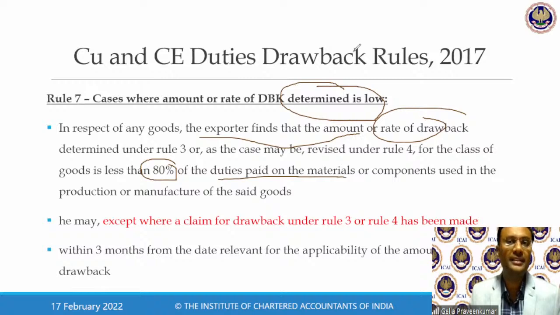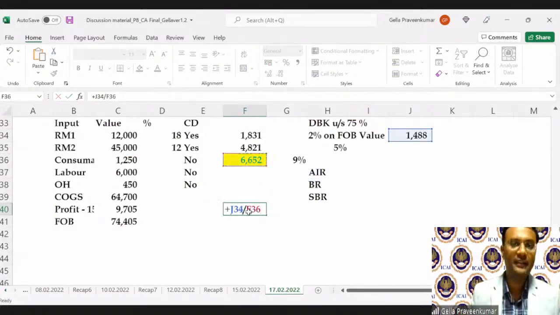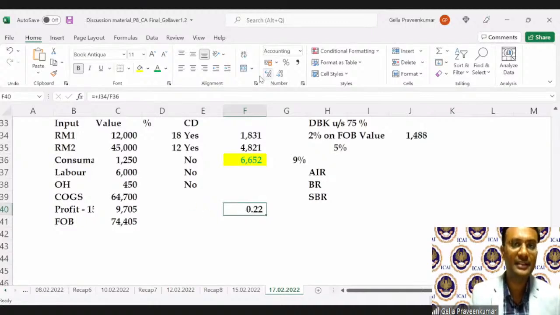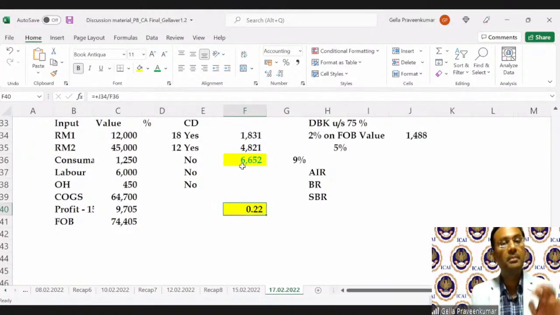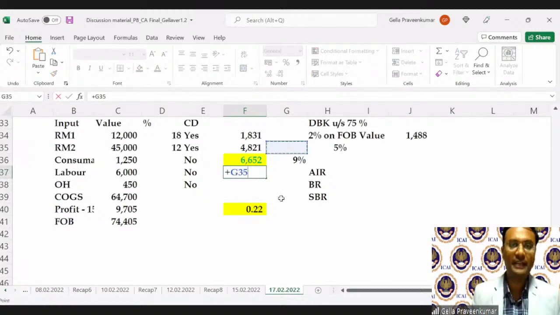Let me just come back to my Excel file. Now, if I look at this duty drawback, I'm getting 1,488. When I compare it on this 6652, now this is a percentage. The government says my 6652, if it is more than 80%, now to prove that it is more than 80%, now 81%,